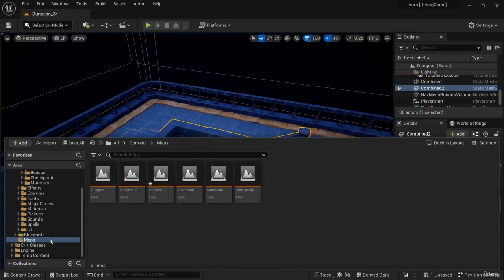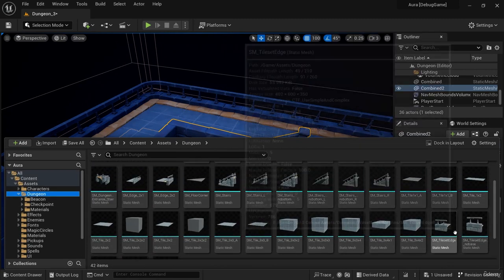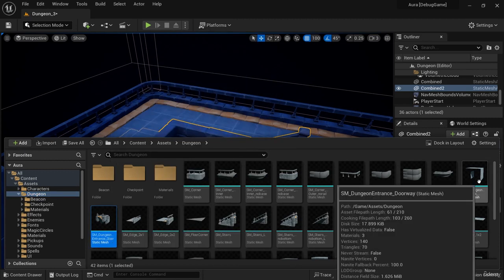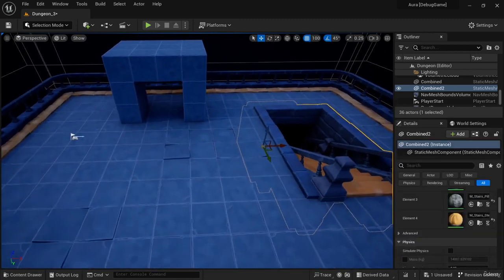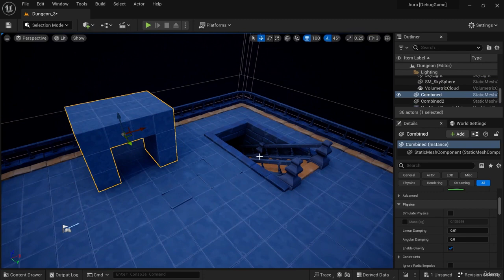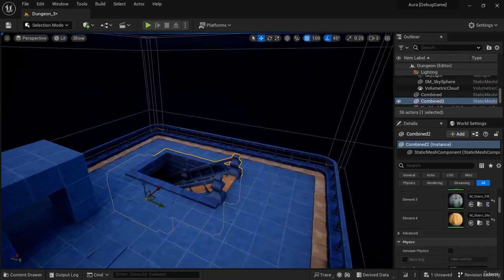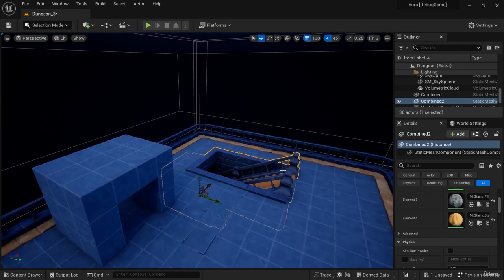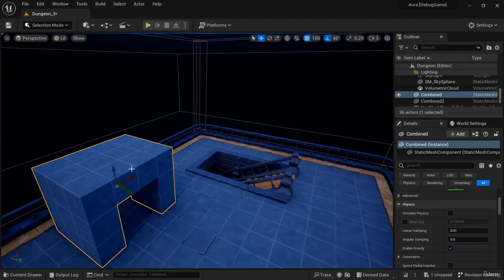It goes straight to my maps folder. But I moved these to the dungeon folder, and I have an SM dungeon entrance stair and dungeon entrance doorway. So I made a couple of them, just kind of anticipating the need for one above ground and one going into the ground. So cool, I have a couple of new meshes,